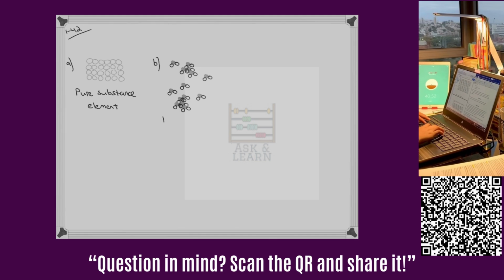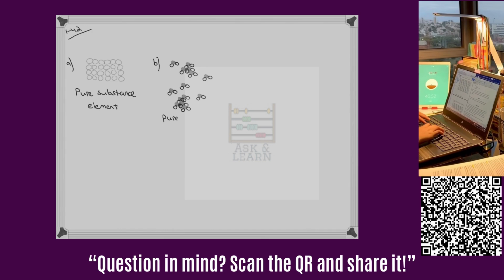Because there are two phases, even though these are all the same molecule, with one red sphere and two black spheres, this is a heterogeneous mixture because there are two phases, not two different pure substances, but two